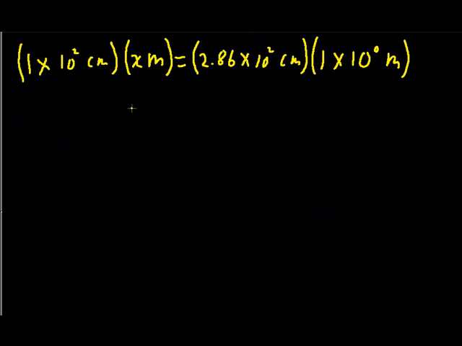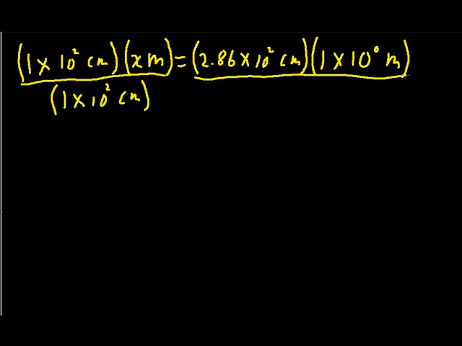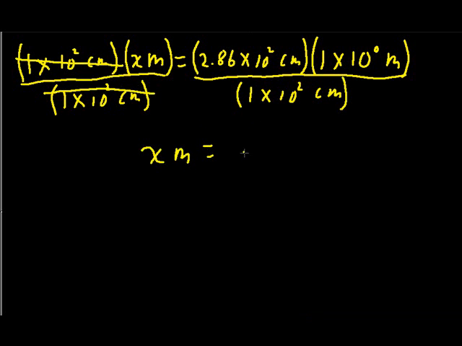Right, so here I've rewritten it again. And so what we're going to do is we're going to divide both sides by 1 times 10 to the second centimeters. Divide this side by 1 times 10 to the second centimeters. And so this cancels this, and x meters is equal to, and what we'll do is we'll multiply this out and say